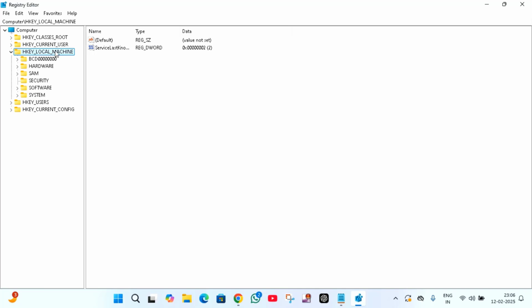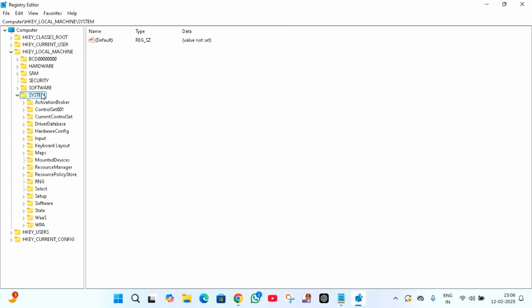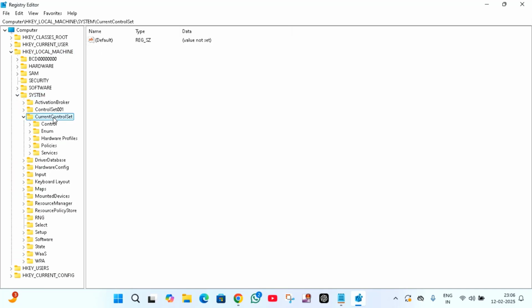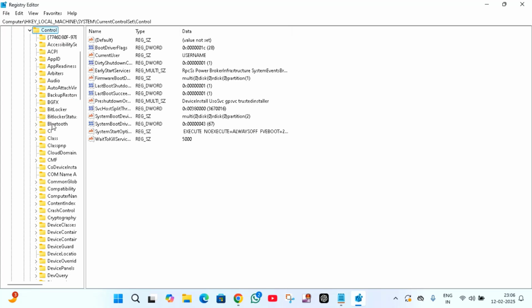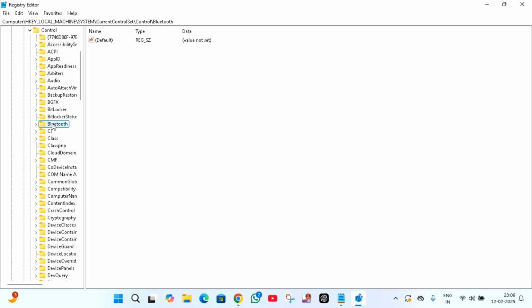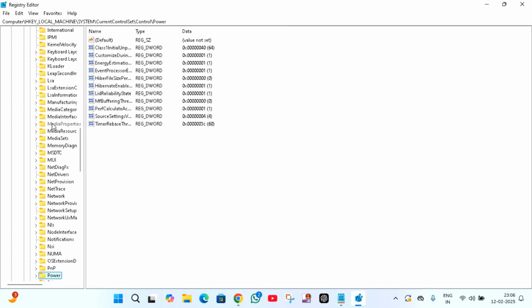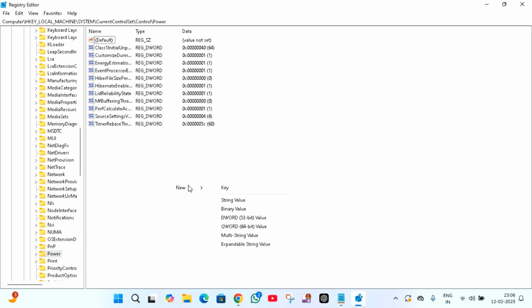Double click and expand this HKEY_LOCAL_MACHINE. After that, expand the System, CurrentControlSet, expand the Control. In this you need to find Power. Here you will find Power. You have to just single click on that, come to the right side, right click, New, DWORD 32-bit value,